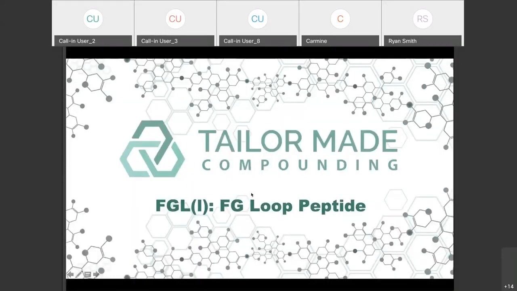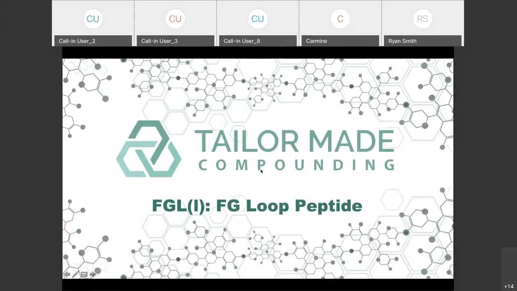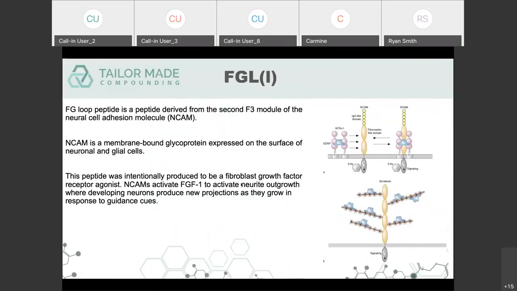Make the molecule. The molecule in question is the FGL, and we'll be talking a lot about the FGL and the subset of the FGL. And just to get into it, we'll go through. The FGL is what it stands for, the FG loop peptide, which is derived from mimicking the sequence of a